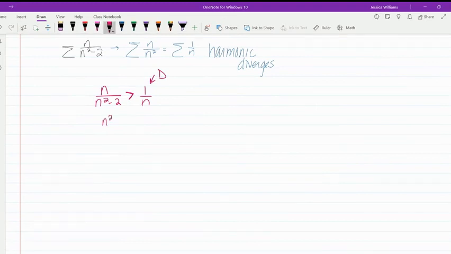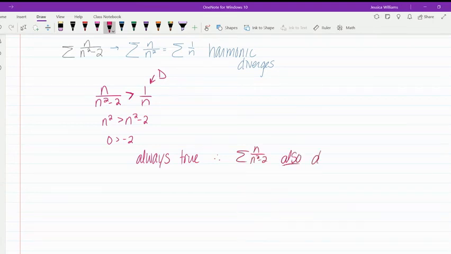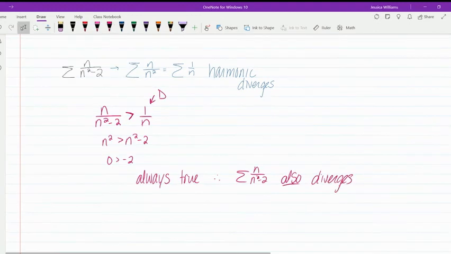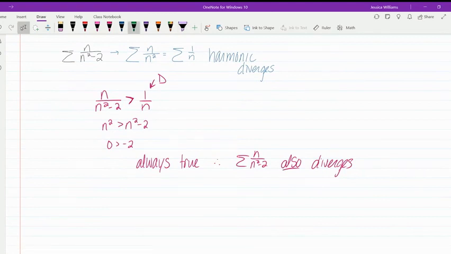And I get n squared greater than n squared minus 2. I can subtract an n squared from both sides, and I get 0 is greater than -2. Always true. Therefore, the one we were given also diverges. I always use this word also in these statements because